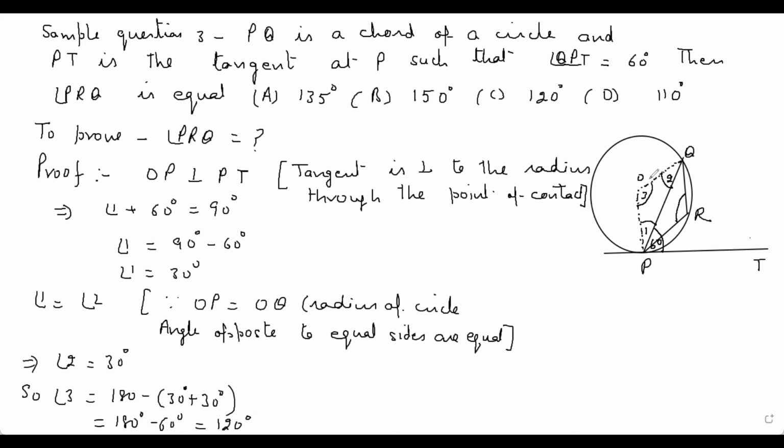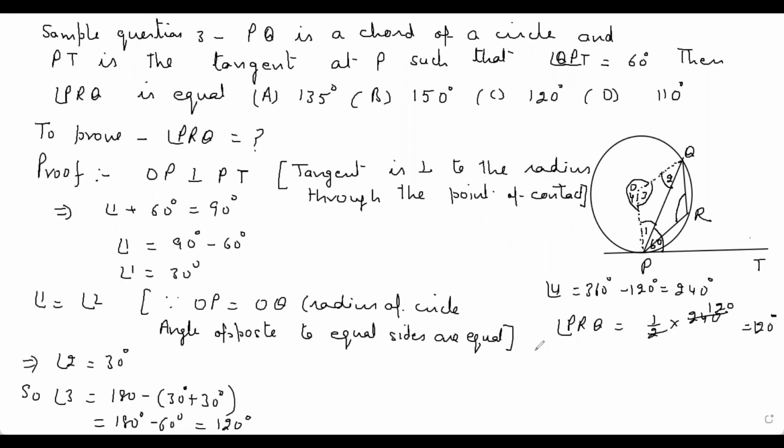Now let this angle be 4. It means angle 4 is equal to 360 minus 120, equal to 240 degree. Angle at the center is 360 degree. If angle 3 is 120 degree, then angle 4 is 240 degree. I am to find PRQ. Now PRQ is equal to half of 240 degree. That is 120 degree. Now, why so?